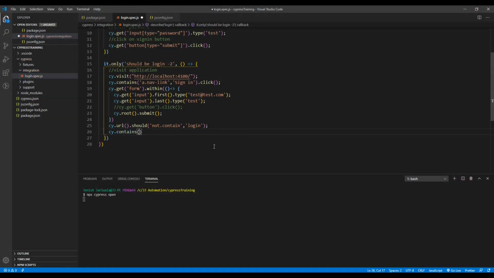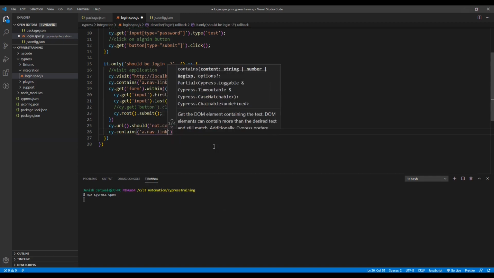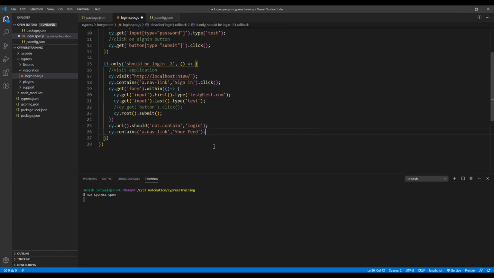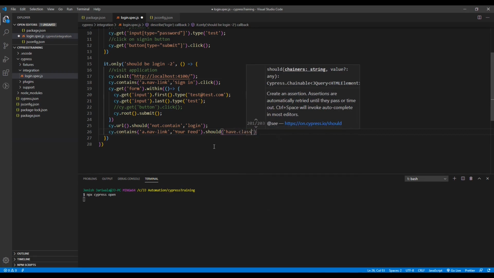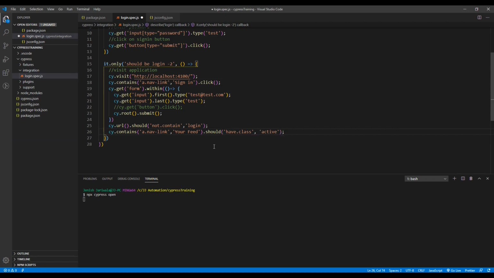cy.contains, we have the same a dot nav-link and the value is your feed, dot should have class active, and just copy this line.